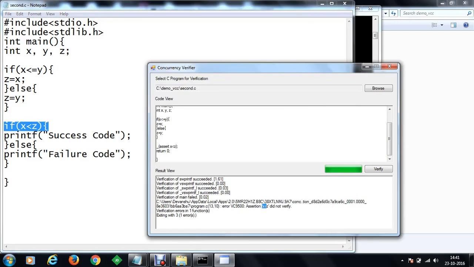So now we can test another condition, that let's say x is greater than z, or z will always be smaller than x could be a condition. So let's verify that. With the concurrency program, it becomes very easy to identify which condition will be true. Here we can see that z is smaller or equal to x also did not verify. So it may be possible that z may equal x. So let's verify the program.